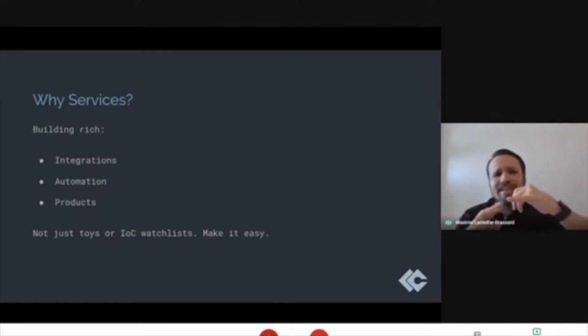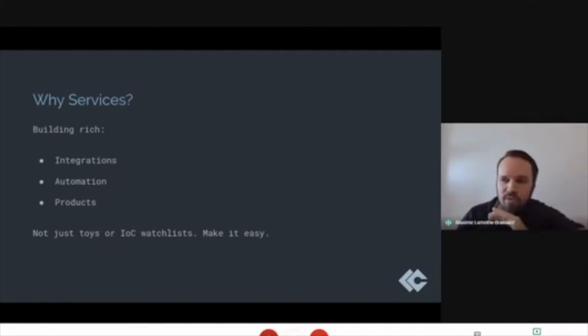So building rich integrations, automation, and products is really where we came from. And you might have seen already some of the features that we've been releasing have actually started using that. And we're now exposing this, and we're hoping that people can start using it.